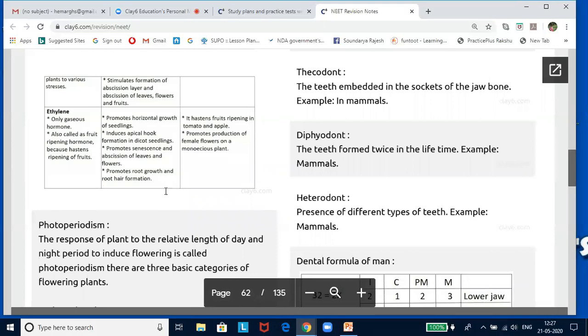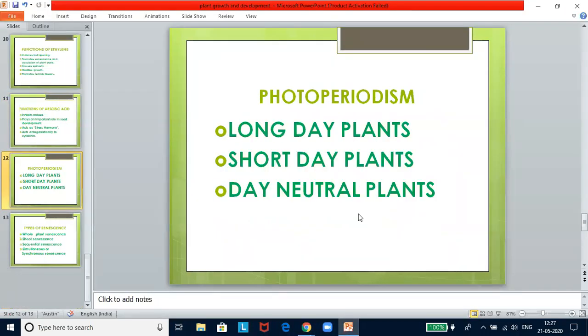In response to photoperiod, the flowering responses fall into three basic categories: short day plants, long day plants, and neutral plants. Now, long day plants flower when the day length exceeds the critical length. The long day plants are wheat, barley, sugar beet, larkspur, etc. Short day plants initiate flowering when the day becomes shorter than a certain critical length. If these plants are kept in day lengths in excess of this critical point, they will remain vegetative. The short day plants include cosmos, dahlia, chrysanthemum, rice, etc., and they are generally grown in season.